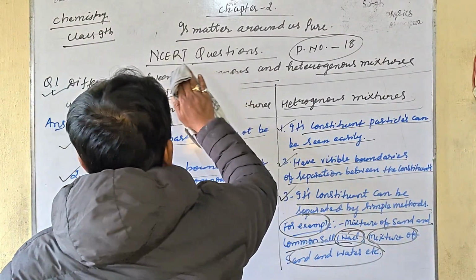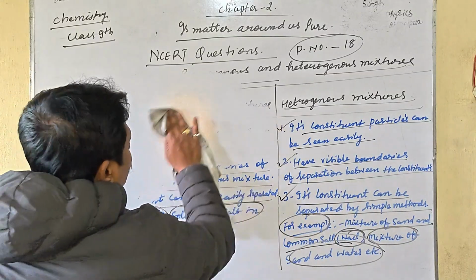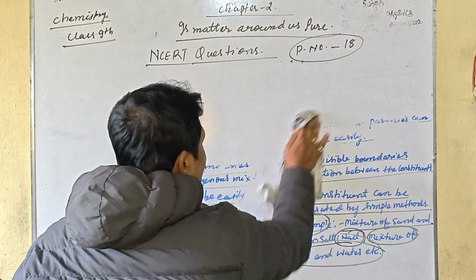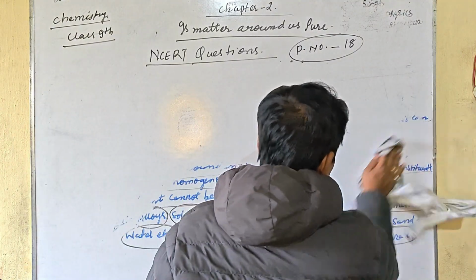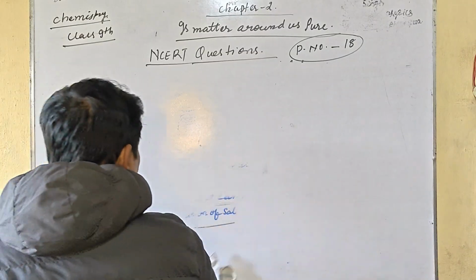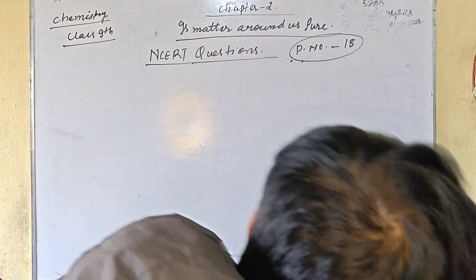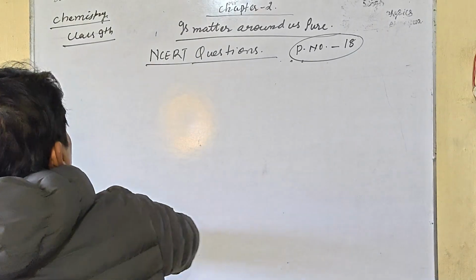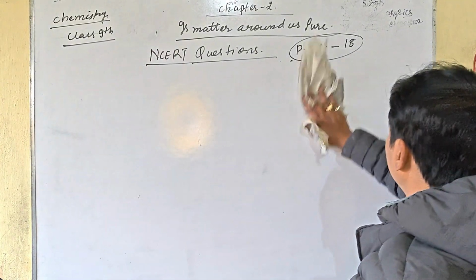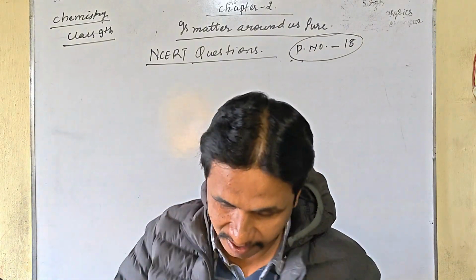Question number 2. Right now we are going to discuss question number 2 and the last point of the properties of colloidal solution, that is electrophoresis. So my dear student, as we have given the video in the introduction as a short, go through the short and see the video. If you are giving the examination and are in a hurry, then you can give the questions and answers in a simple method.